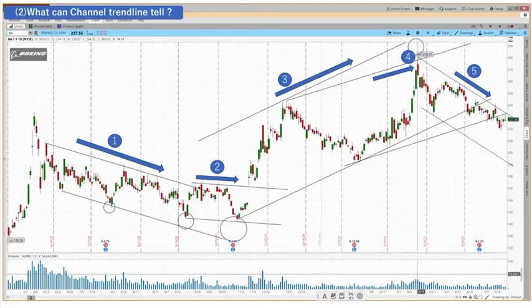Channel 1 you can see is a downtrend, channel 2 is sideways, channels 3 and 4 are uptrend lines, and channel 5 is a downtrend. So from channel 1 and channel 2, you can see a very important point is that the market is changing from bearish to bullish. At channel number 1 and number 2, I think you should notice the first point